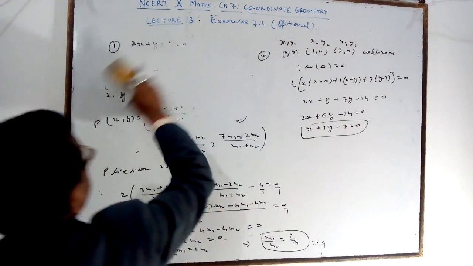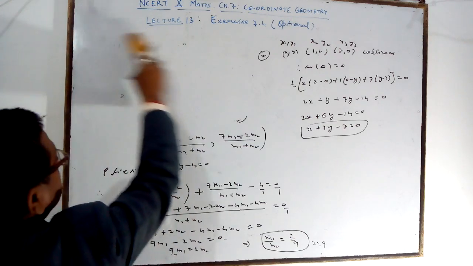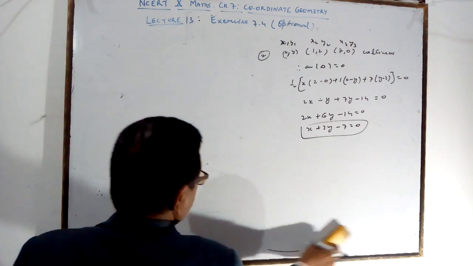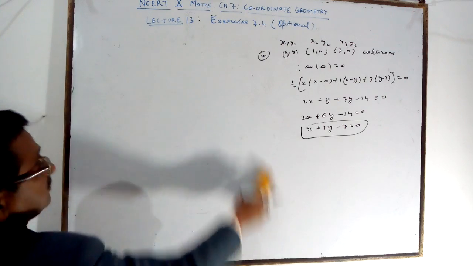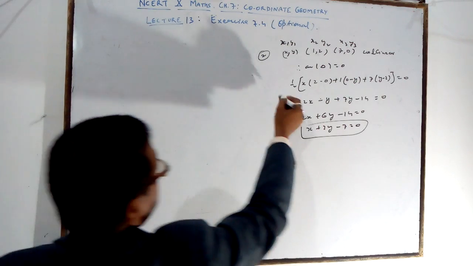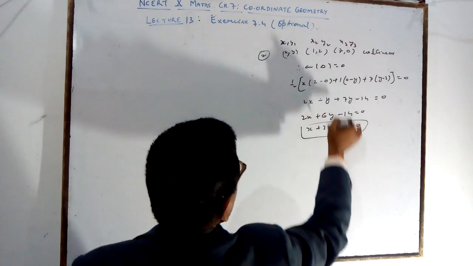It is given in the distance formula you can get, but distance is not here. Area formula you will find out. Area is half of x1 y2 minus y3, x2 y3 minus y1, x3 y1 minus y2. This is the formula of area. I have put the values and got it.